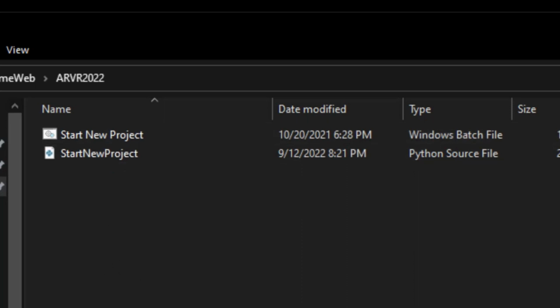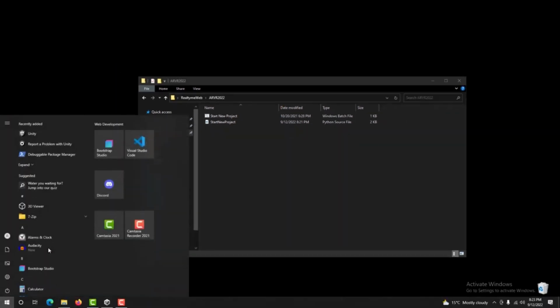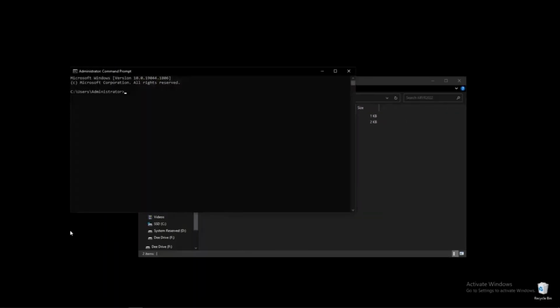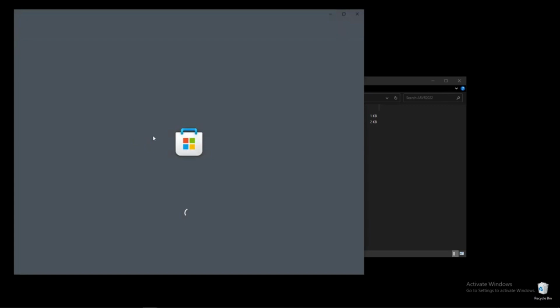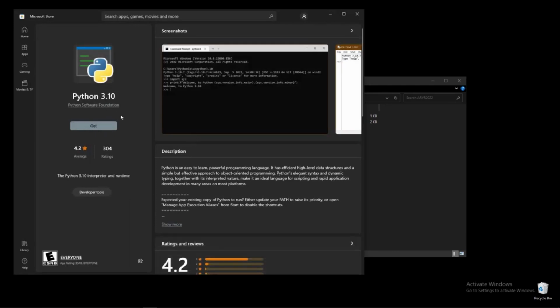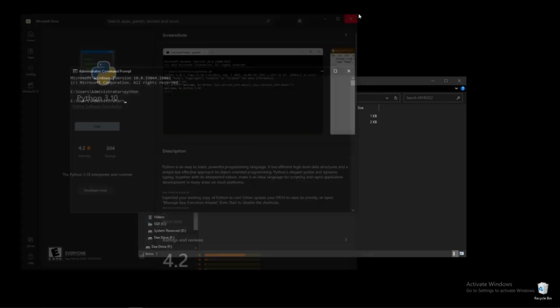But currently we don't have Python installed. So if I was to bring up the command prompt and type in Python, we have nothing installed. As of right now, it'll actually take us to the Microsoft Store to download Python 3.10, which we can actually do from here, or